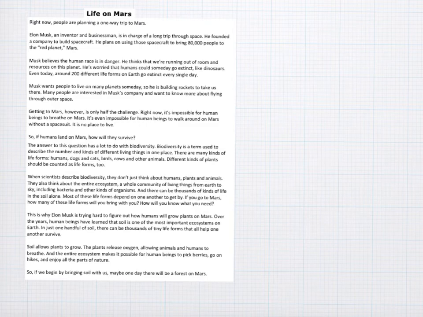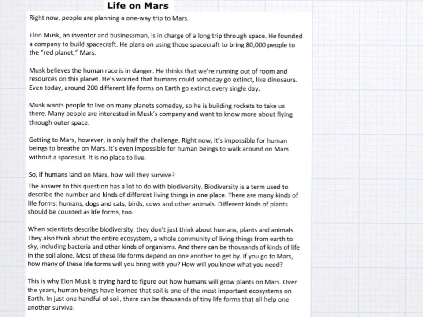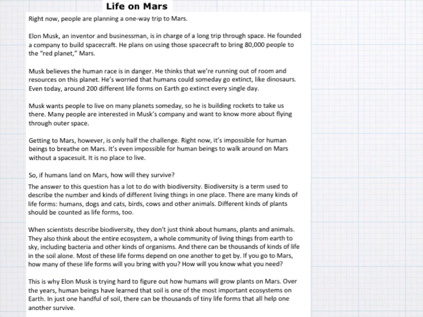Alright, so hopefully you found your key details. And I'm just going to go through and highlight some of the ones that I found. So in the first sentence, people are planning a one-way trip to Mars. I think that's a key detail because it's telling us about how we're trying to go to Mars. Now, I didn't find my other key detail until